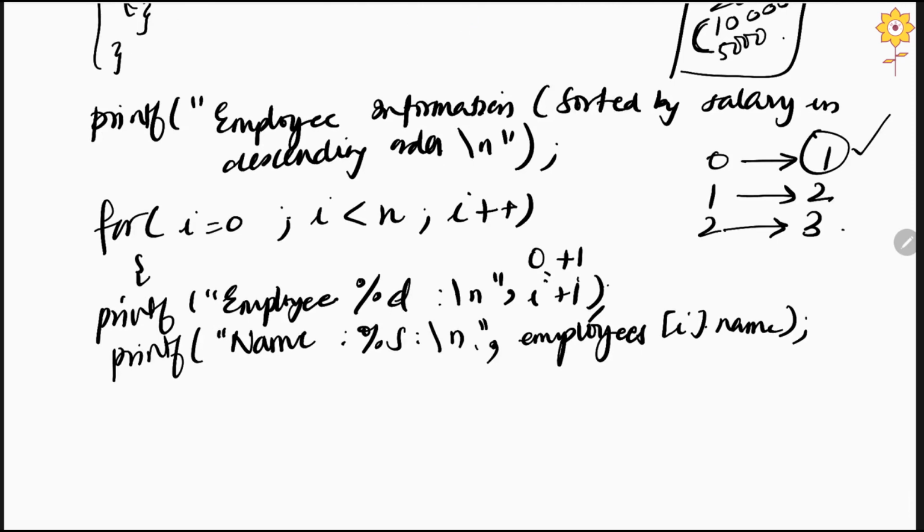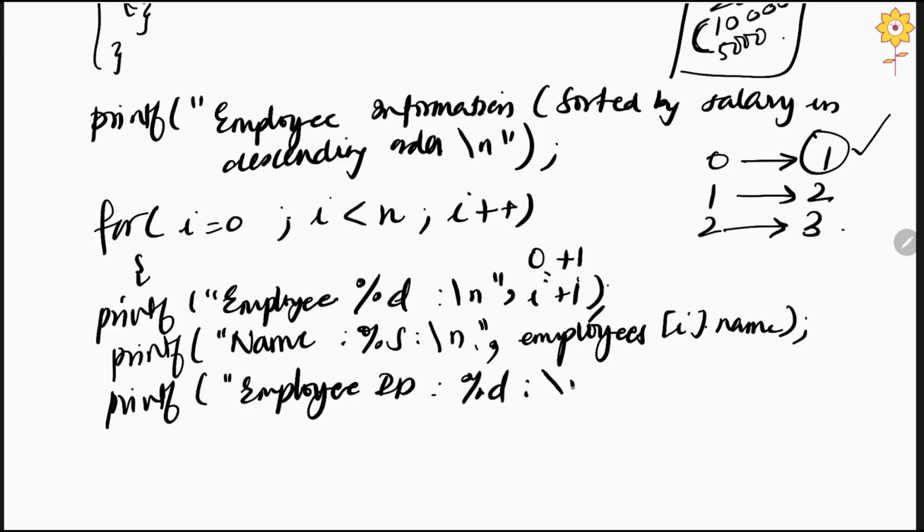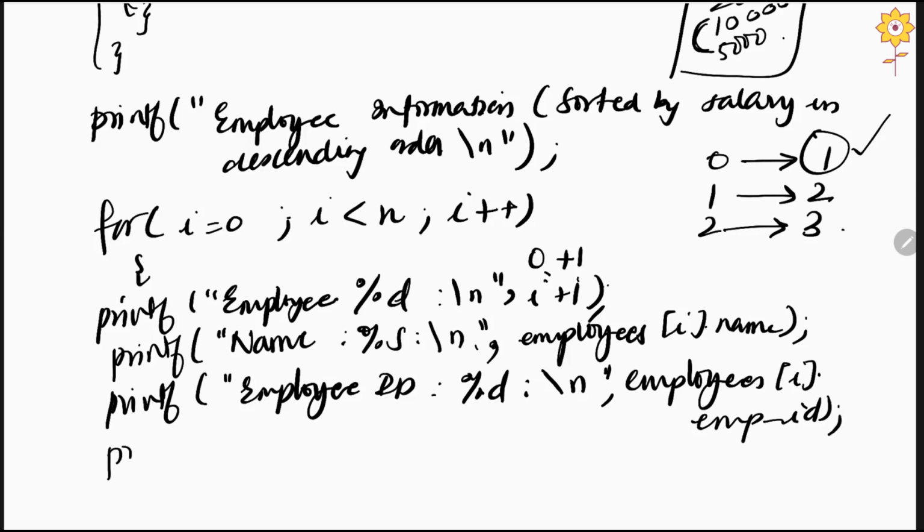okay. After that you will print the employee ID. So, you will write "Employee ID", it is an integer. So, %d\n, right, and you will write employees[i], where employee is the instance, dot emp_id, the variable name that you have created. And then finally, we are going to print the date of joining,